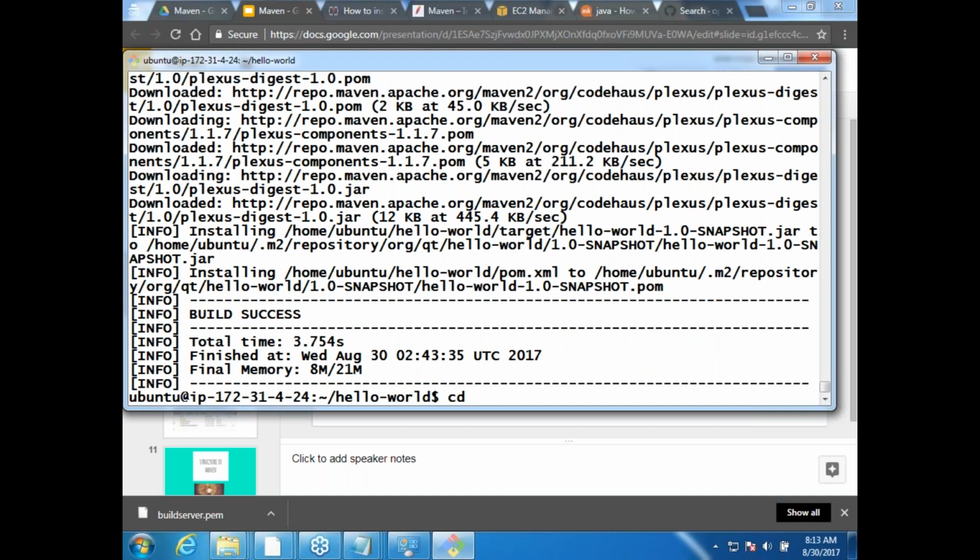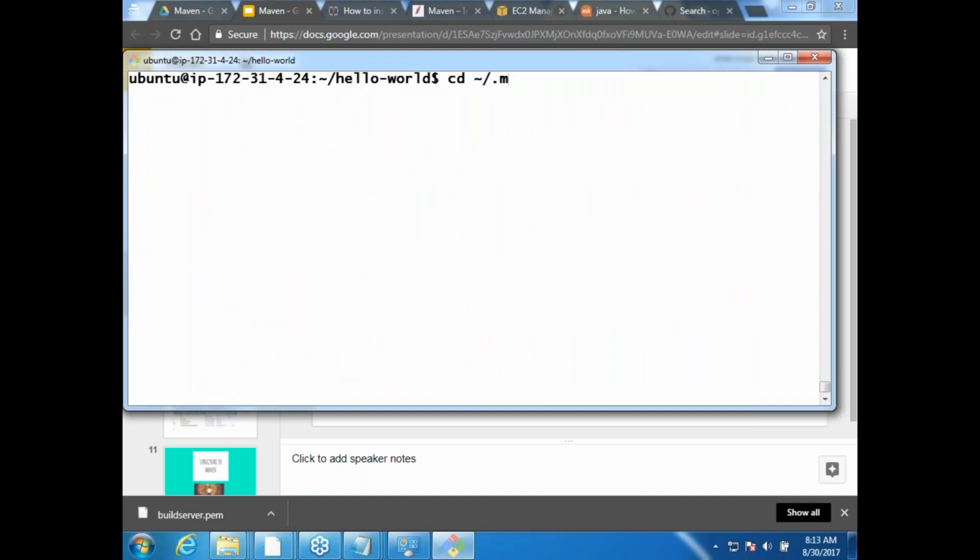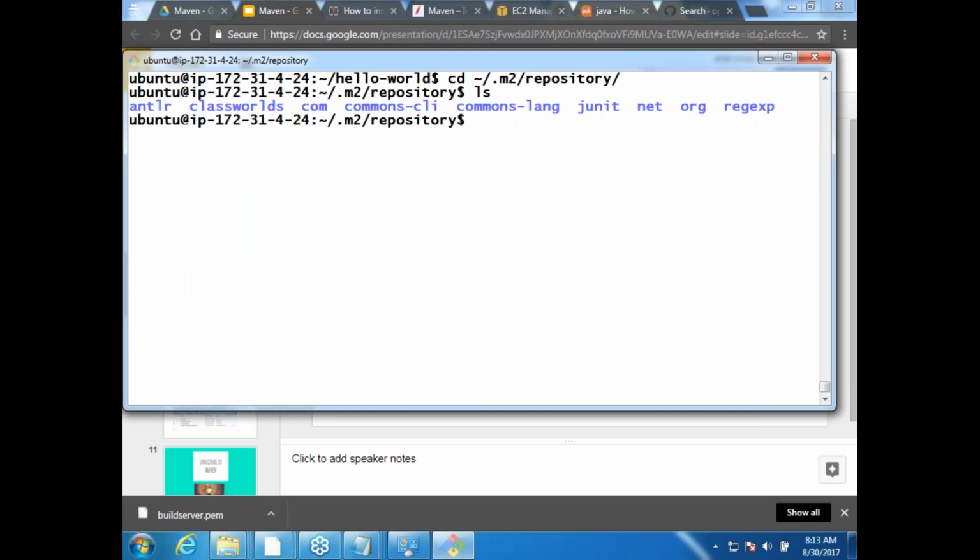So let us see this. cd, okay, slash, and in that we have .m2, and in that repository. Now what was our project's basic name? org.qt, right? So are you seeing anything called org over here?